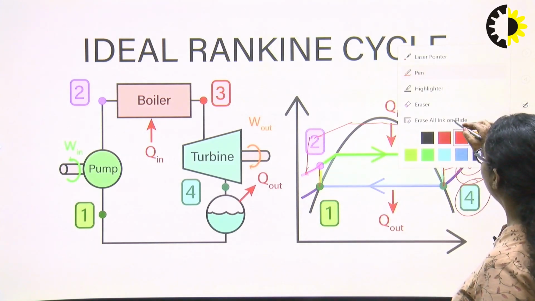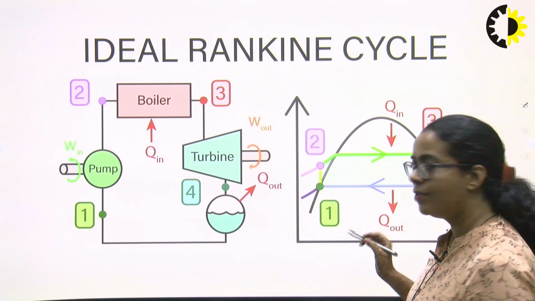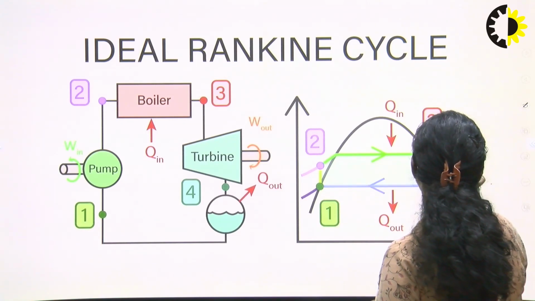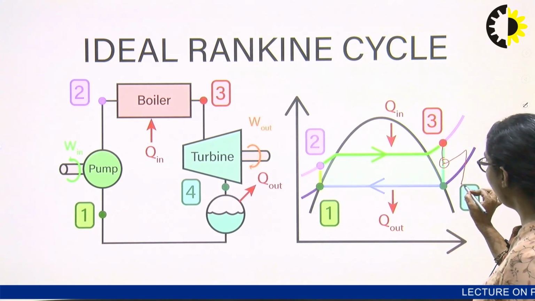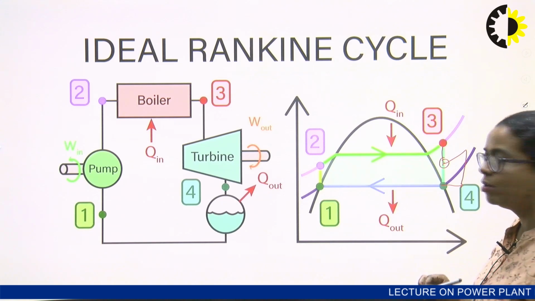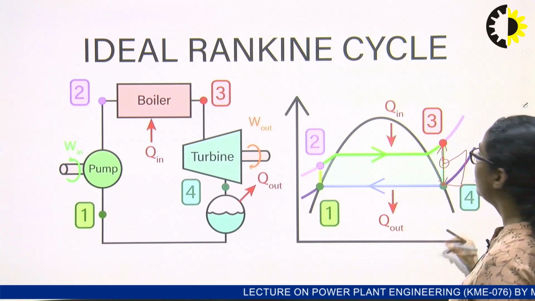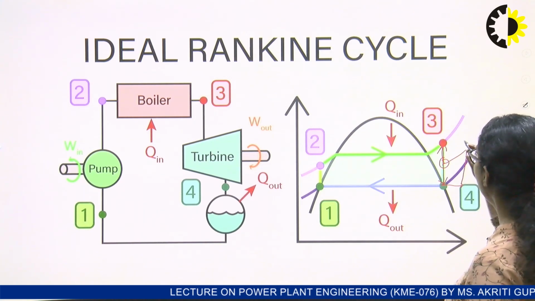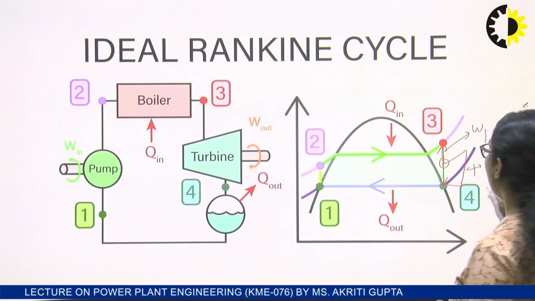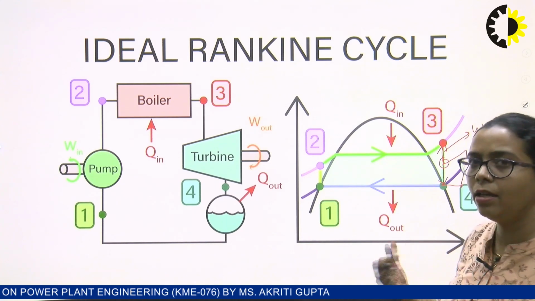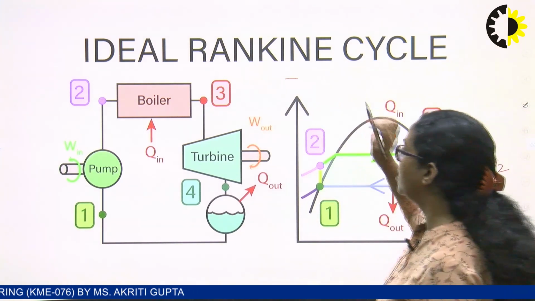In another method, which is reheating, at this point we reheat the steam and we get this point here in the superheated zone. So you can see, in the first case, we get this work output, then in the next case of reheating, we will get the work output W1 plus W2. So the total work output will be increased. So again, we can improve the efficiency of the Rankine cycle.